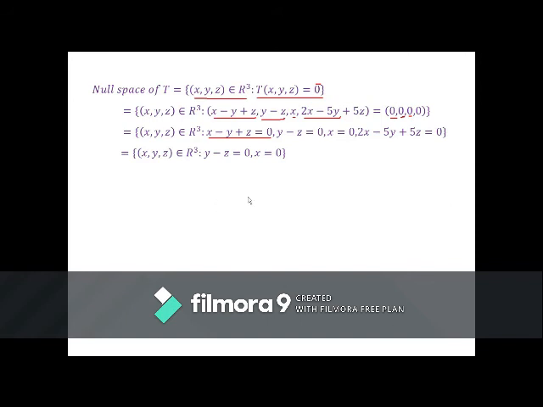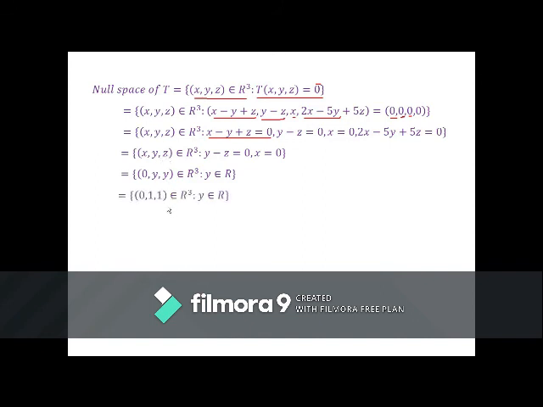So we have, see here, x equal to 0. Putting x equal to 0 in this equation, we have -y + z equal to 0. Then we have y - z is equal to 0. Similarly, putting x equal to 0, we get this relation y - z is equal to 0, x equal to 0. So this reduces to, see here, when we put x equal to 0, y equal to z here, or z is equal to y. So we have x equal to 0, y is y, and z is equal to y.